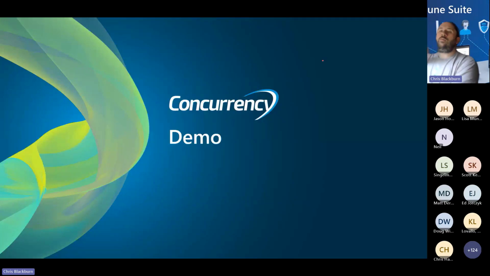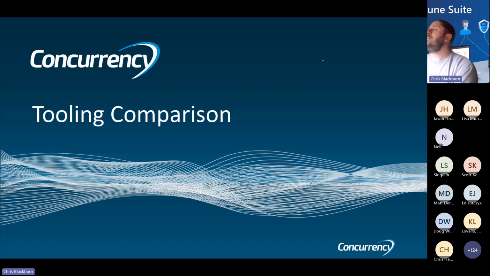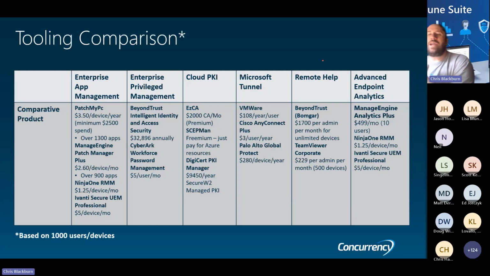So we went through and took a look at all the different components of the Intune suite. As a takeaway, this was probably one of my favorite exercises in putting together this deck: looking at the comparative products that we see our customers using in their environments, and how that starts to add up. Maybe we're using Patch My PC, CyberArk for PAM in our workforce, or a DigiCert PKI for a managed PKI. What if we have